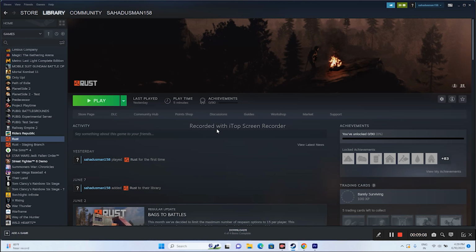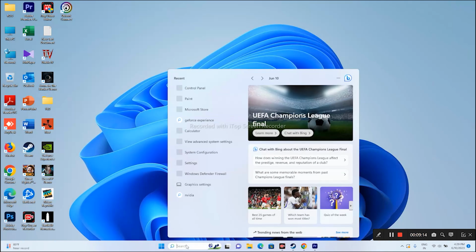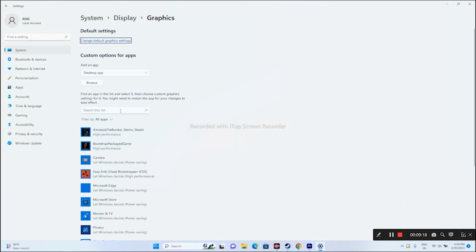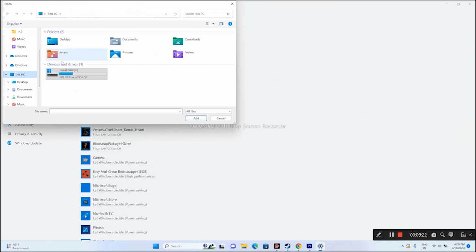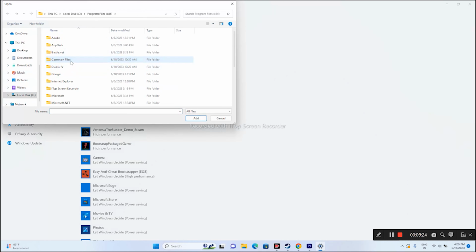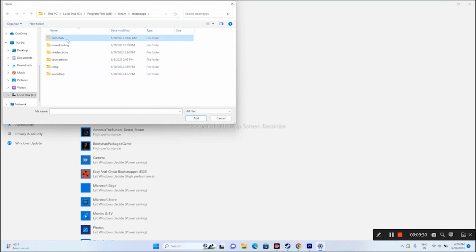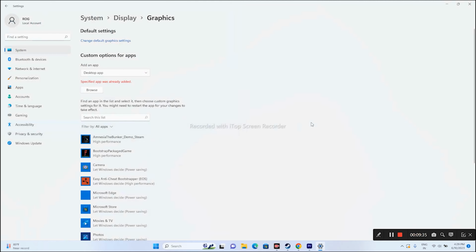Once after that, we need to move to the next step, that is we need to run the game on the dedicated graphics card. For that we just need to go over here in the search, go to graphics settings. From here we need to add the game. Just click on browse. Now go to This PC, local disk C, Program Files x86, Steam folder, steamapps, common. Now from here we need to find Rest. Select this one and go for add. Once the game is successfully added,